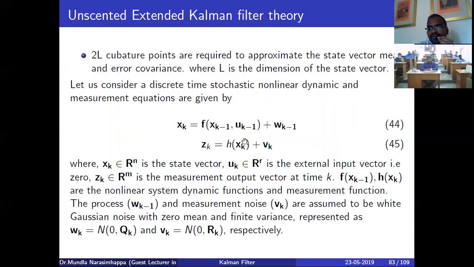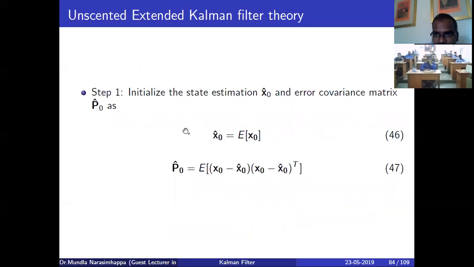In a non-linear way, right? So here you can see x of k is a non-linear function, and omega k is the uncertainty part, then z of k is a non-linear function in the measurement equations. From which we are following the extended Kalman filter and unscented Kalman filter initializations, right?